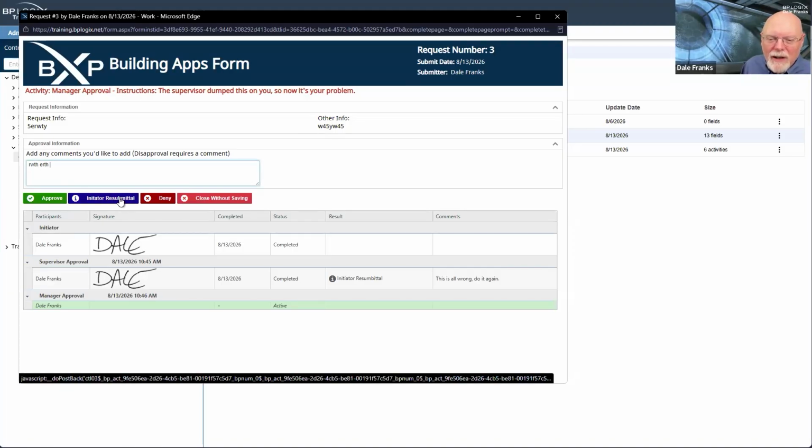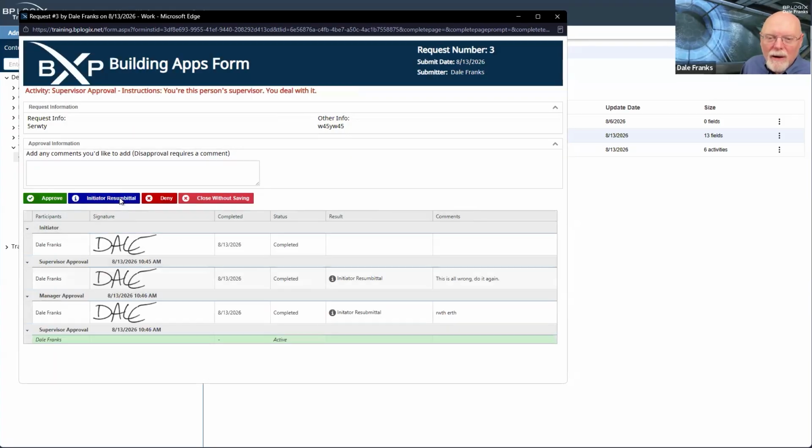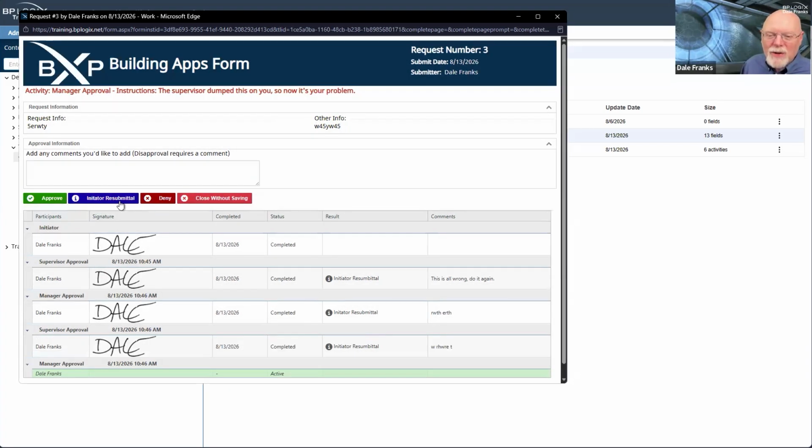What if I hit initiator resubmittal here? It now went to supervisor approval. And if I hit initiator resubmittal here, it went to manager approval. Okay. I have a problem here that I need to fix.